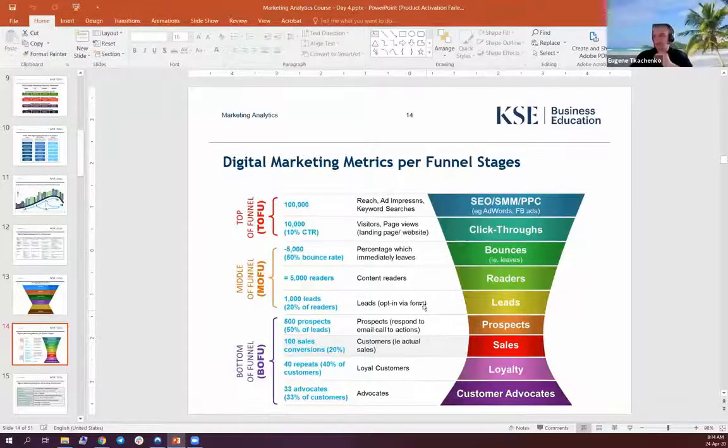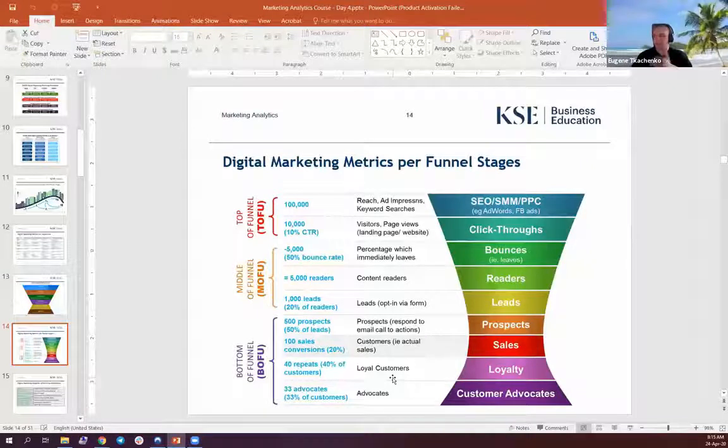So we are interested in the proper transition into conversion rates, which will be measured, for example, by the number of prospects, the number of actual sales conversions, like actual customers, the number of repeated sales, so repeat loyal customers, as well as understanding whether there are any advocates of our products. For example, a person purchased the product, then started advertising that product to others or recommending it to other people, in order to share his or her experience using that product and therefore impacting our sales numbers.